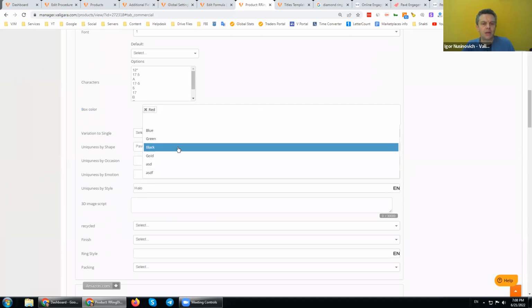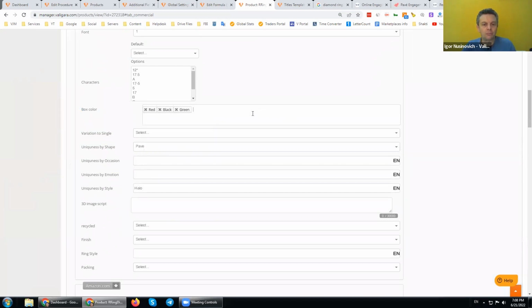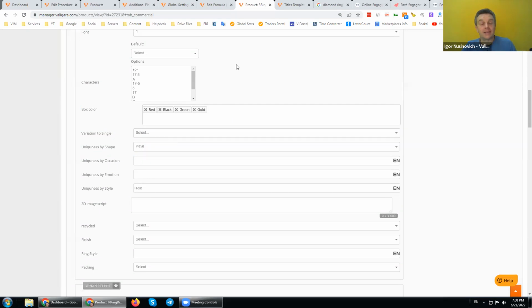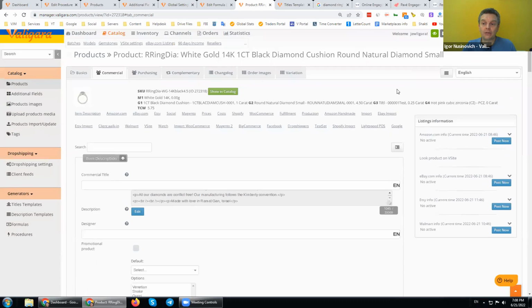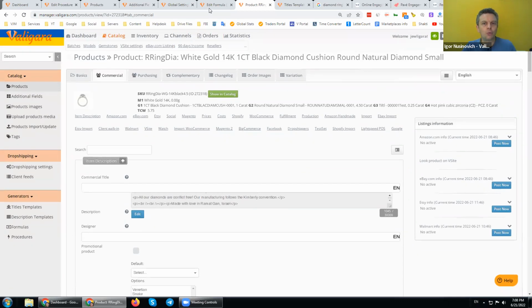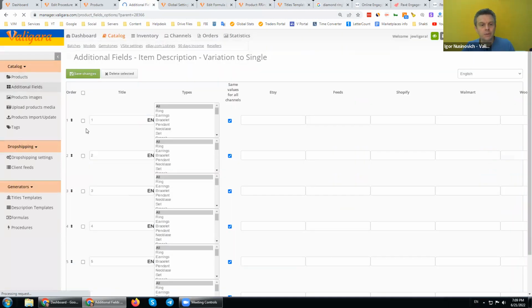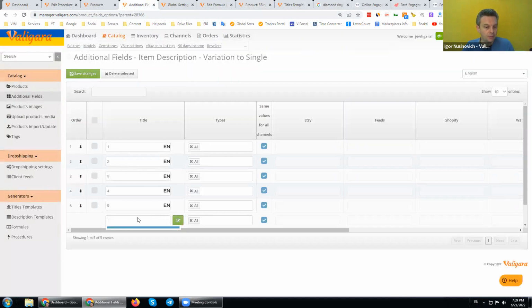For example, this can come in a red box, the box color can be blue, can be green, and can be whatever it is, right? Now, select variation will also create variations of the product, which I don't want to dive too deep into. But please pay attention to this: when I work with selection fields in Valigara, I can go into Valigara and paste multiple comma separated values inside this section.